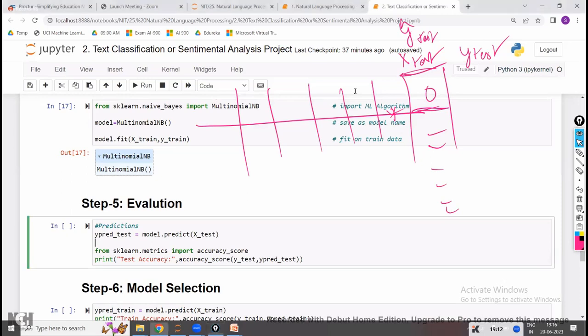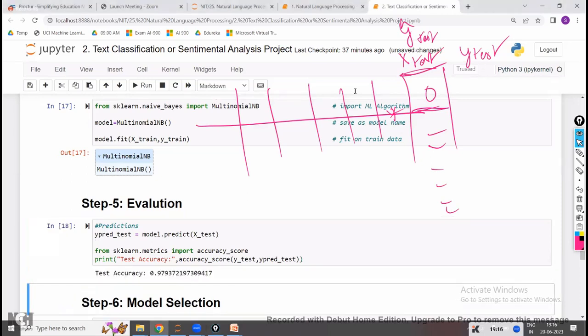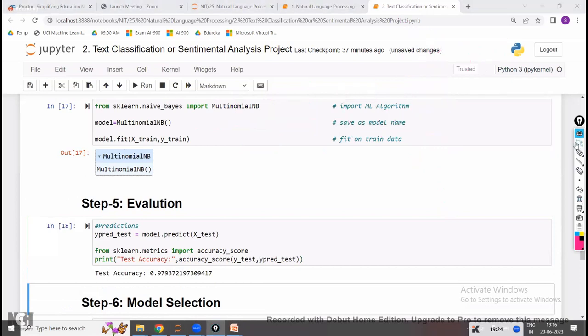The same thing will be done here. model.predict on X_test, and I'm going to check the accuracy. What is the accuracy? It is giving 97% accuracy. Simple. Now the question would be, sir, if some words are available in the spam, but the words are not available